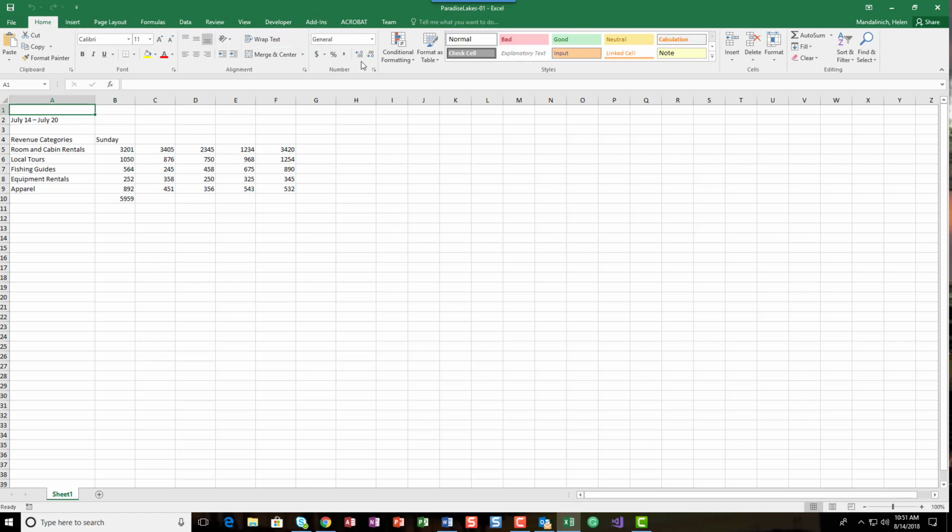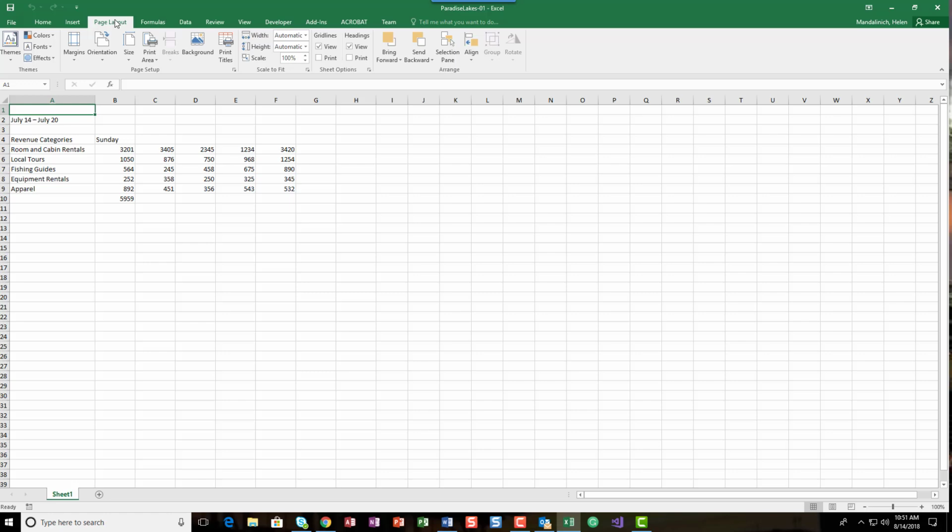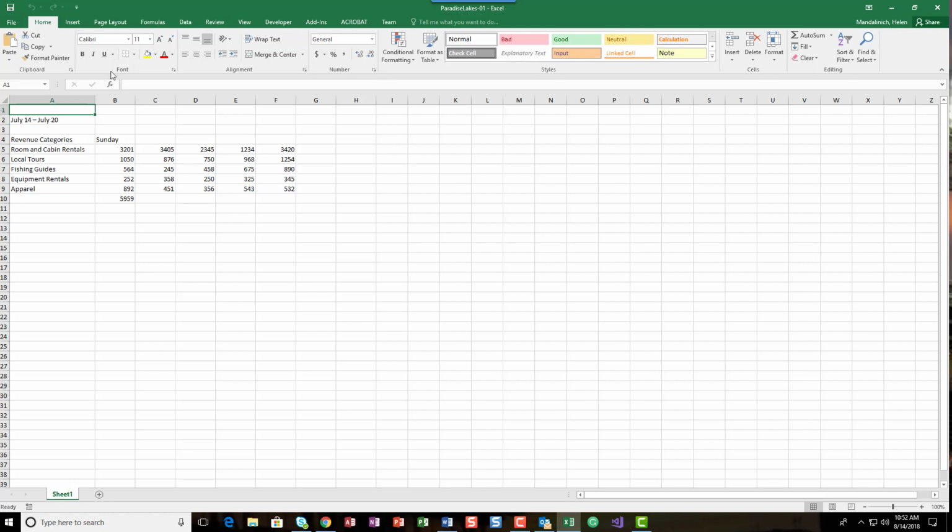one area that's different is the formatting of numbers and things like your page layout. They're very similar, but there are some changes. So the big one on the Home tab is the number format. All right, so